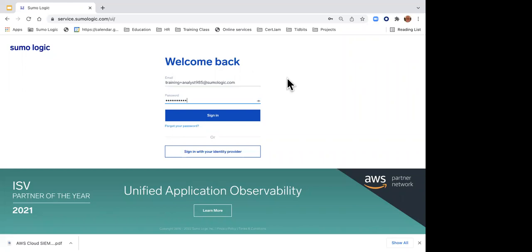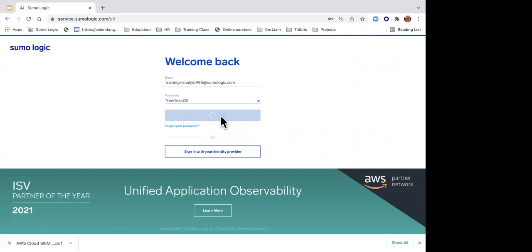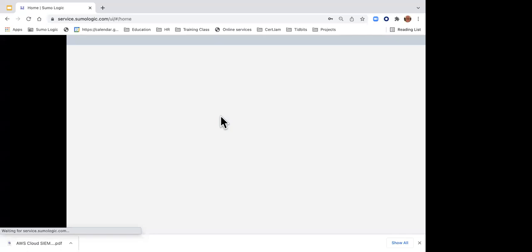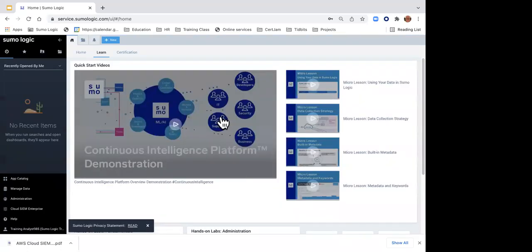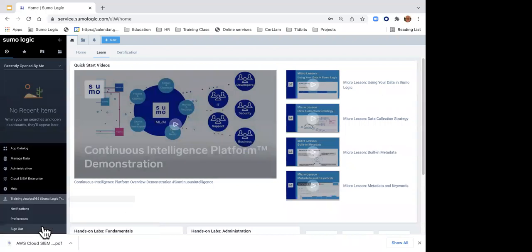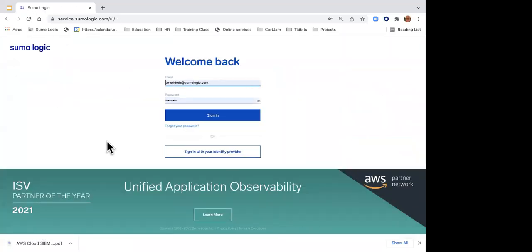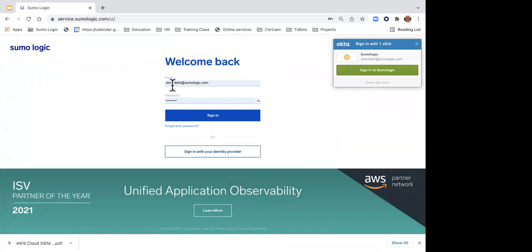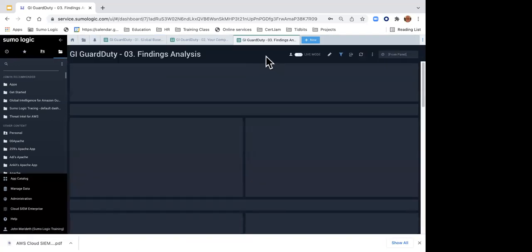So again, I'm using the password here of a new year 22 exclamation mark, and I should be able to in fact sign in. Okay. And here we are. I'm in Life is Good. And hopefully you're in Life is Good. And again, if you're having problems, let me know. Now, truth be told, I'm actually going to log in with my credentials because I have more administrative rights in case you guys get stuck.